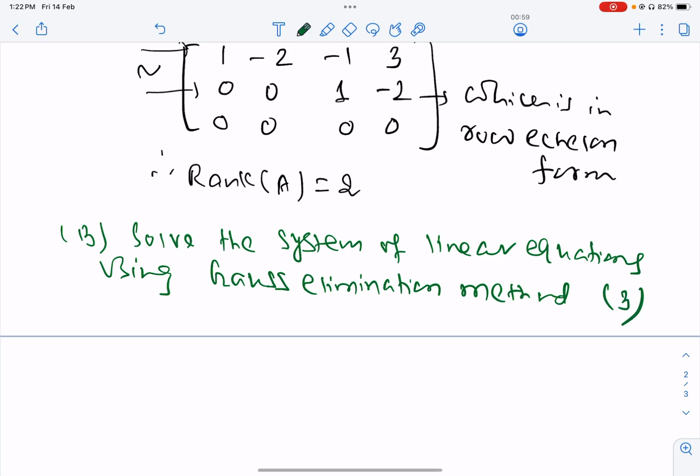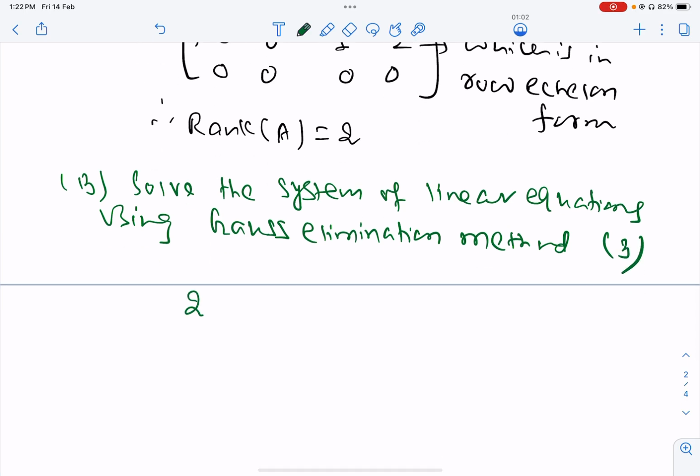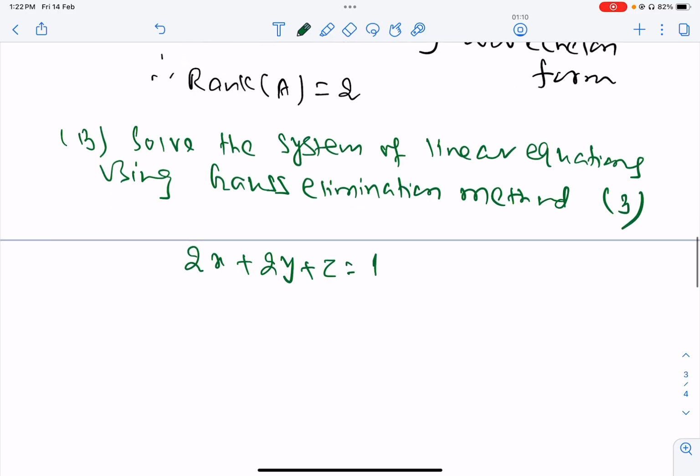And here you are having 3 marks. The system of equations you are given is like this: 2x plus 2y plus z equal to 1,